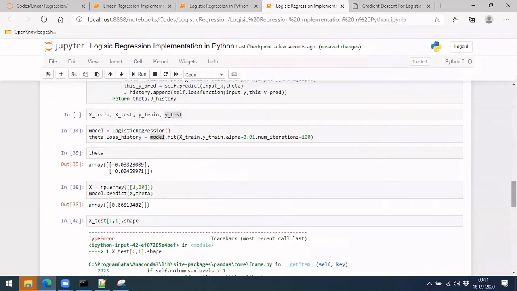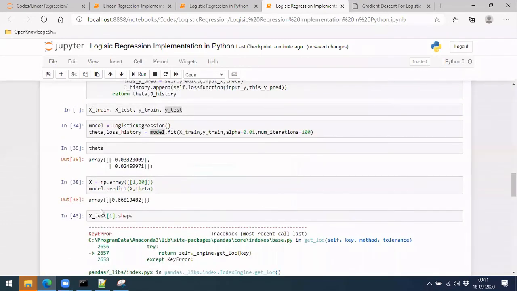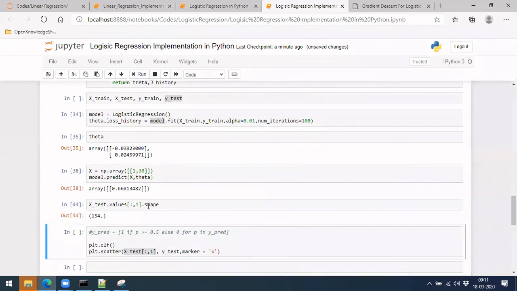It was saying it can't be sliced. There is a key. Oh, so it's a pandas object, right? So actually, we should be doing something like this. We have to convert it back to NumPy, and on top of it, do this. So this will work.